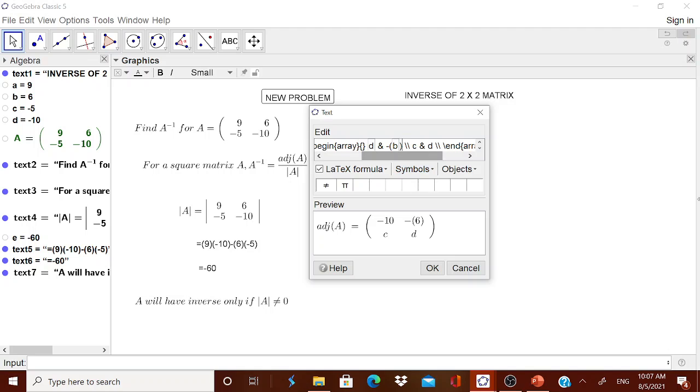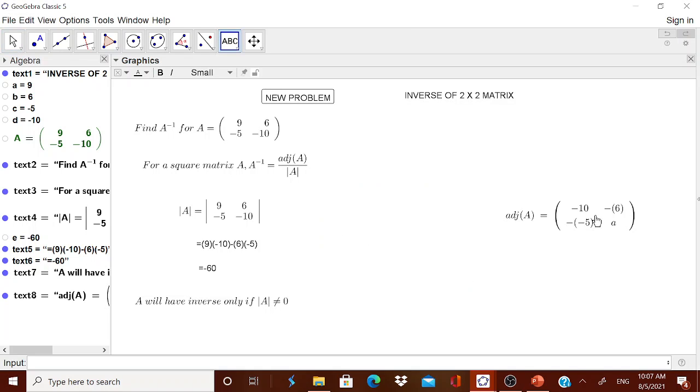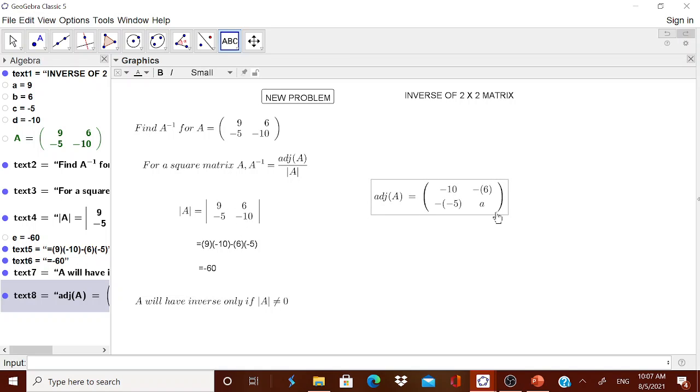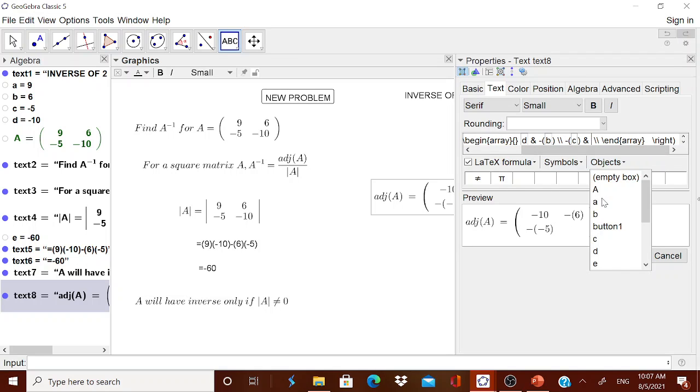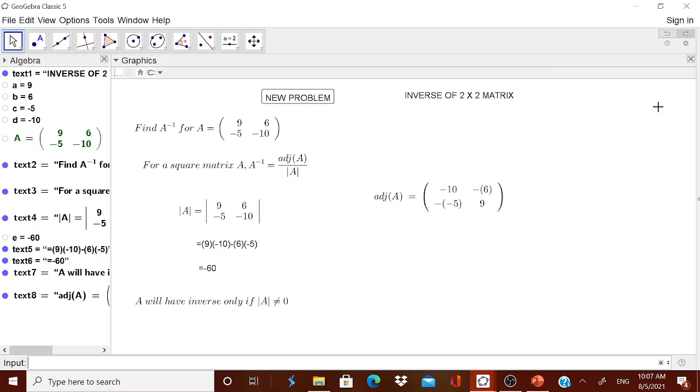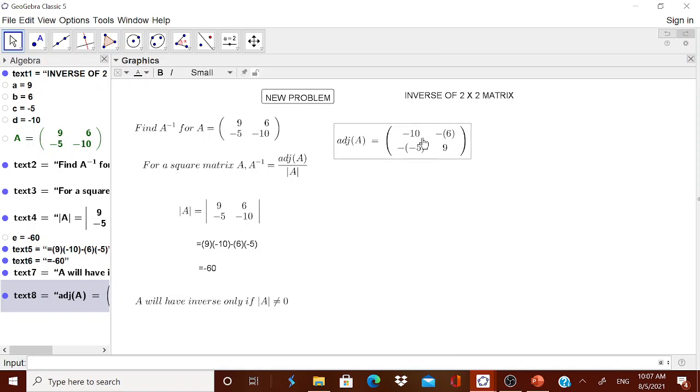Okay, now here in place of C, you know that it will become minus of C, because you will be interchanging the elements and then changing the sign of the other diagonal elements, and here in place of this you will have A. Therefore fantastic. Okay, now you see this 9 and minus 9 will be okay, so I think A, I have to change it. I have not done it. From the object always select that. Okay, good. Now you see here, you know how from A the adjoint A came, then the elements of this are replaced on that. Okay, you know the idea.